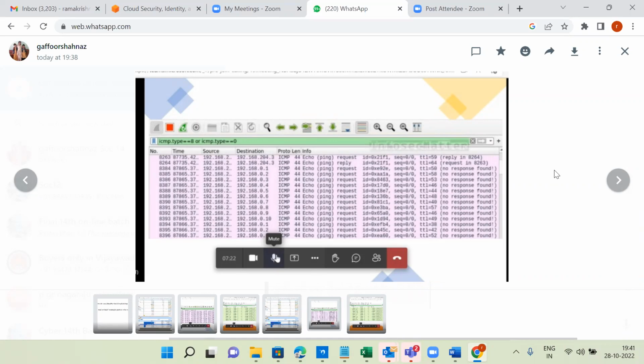ICMP type equal to 8 or ICMP type 0. What is type 0? ICMP type 8 and type 0, we discussed type 1 and type 2, I think. One is echo ping request, and reply is request no response.